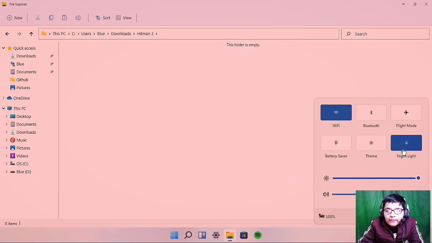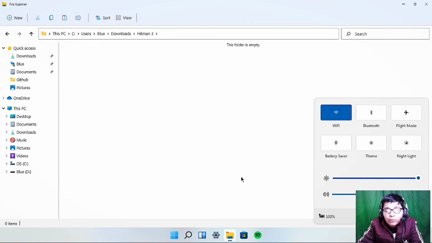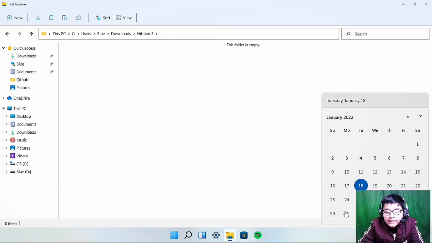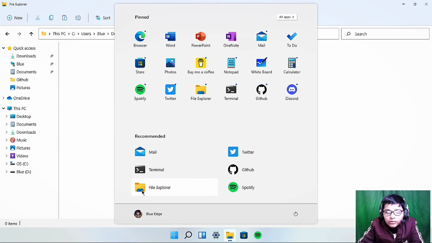Night light basically will open the night mode, like we are having night mode in a mobile in the very same way. You can reduce brightness, you can increase brightness, you can reduce volume, you can increase volume, you can see charging over here, you can see date and time at one click in front of you. Cortana we cannot use in this, but I think Cortana is there.